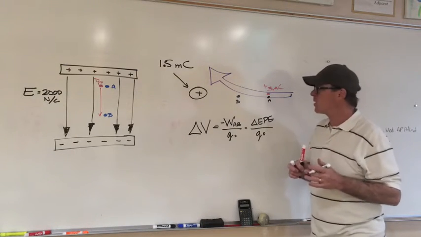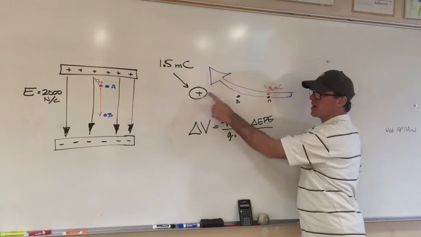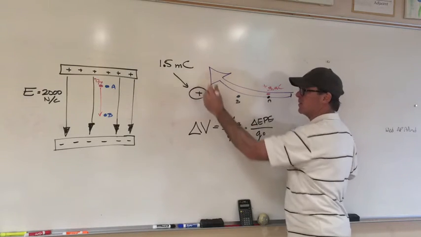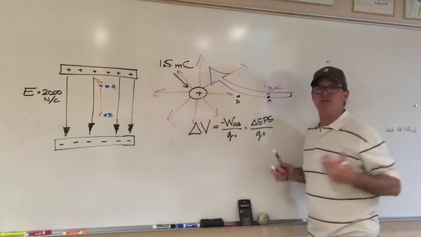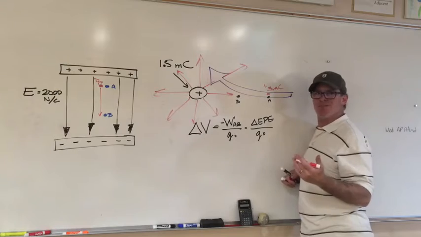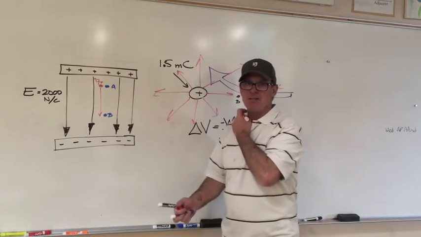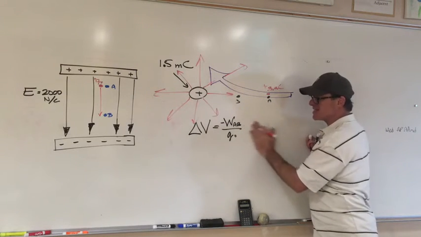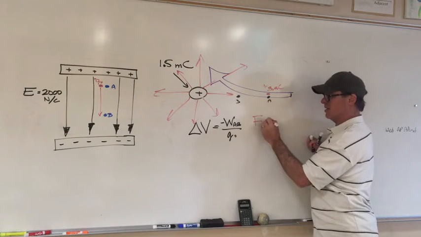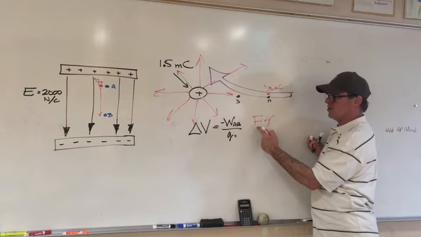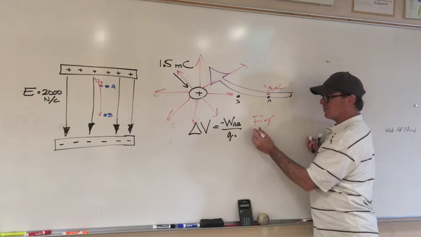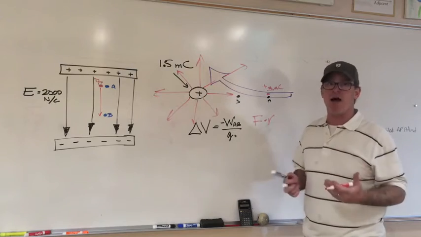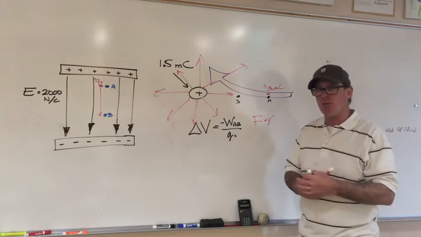But here's the problem. Because the field around a single point charge, in this case the 1.5 millicoulombs, that field represented by those lines I just drew, is not constant. It's not like a parallel plate capacitor. And so the force, as you move it from A to B and you do work, is dynamically changing. The force is not constant. So you can't just multiply KQQ over R squared times R. As R is changing, F is changing. And so you need integral calculus to arrive at the solution. While that is beyond the scope of this course,